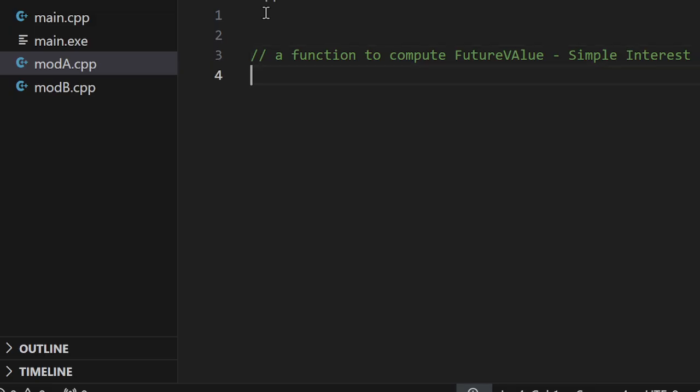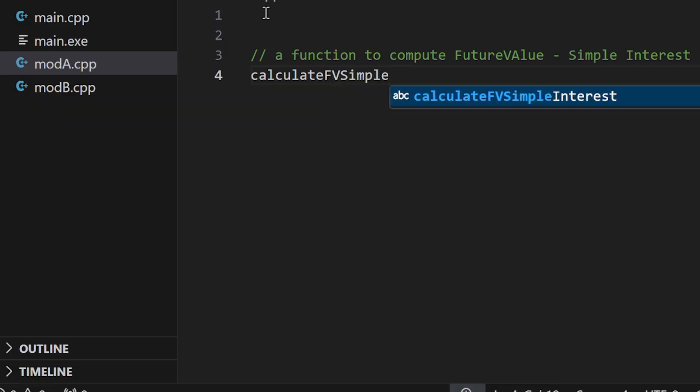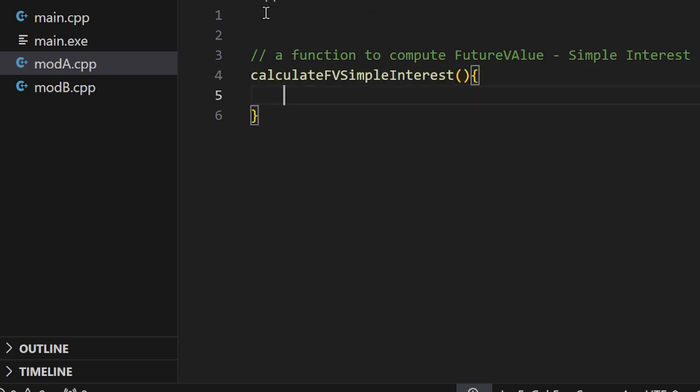So let me call this function, let's say, calculate future value using interest. The thing I want to return here is going to be future value. It could be double type, and I need the information about the initial investment, which is called the present value, or you can call principal value, and then number of years